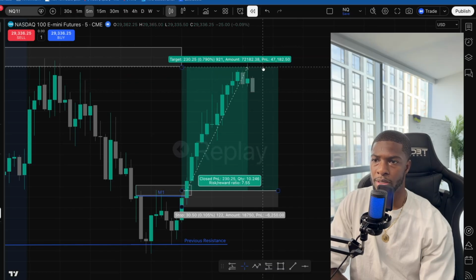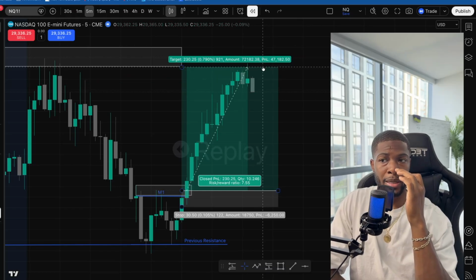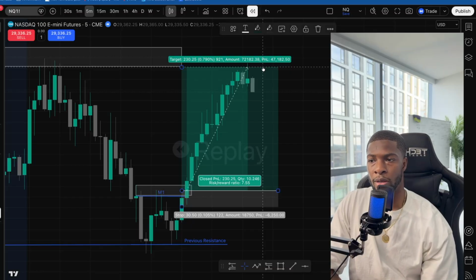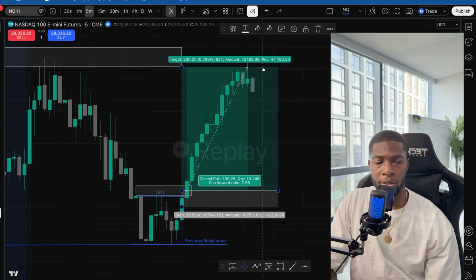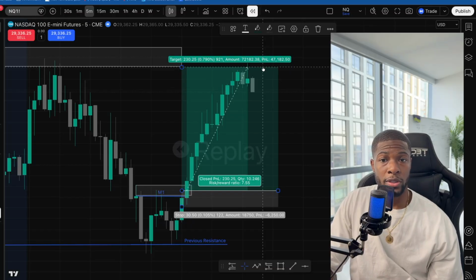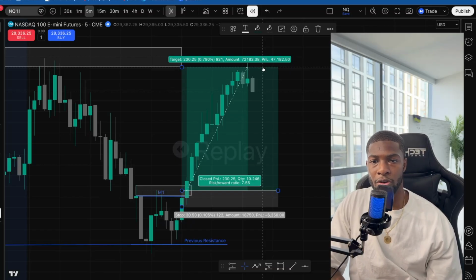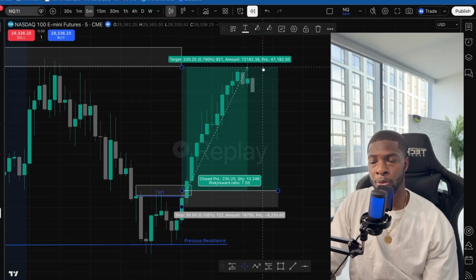Okay, so price did hit this area, did hit my TP. This is when things go your way and the market conditions are good and in your favor. Price doesn't always do this, but when things are in your favor and you line up your entry, your strategy, and you follow your confirmations and your rules, this is what can happen. 230 points. I typically trade one mini. You can do the math. I hope this is clear and